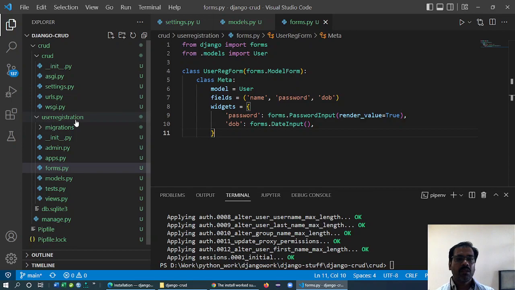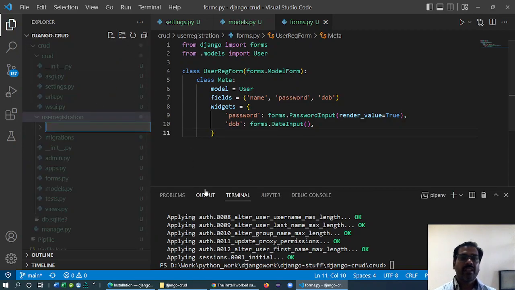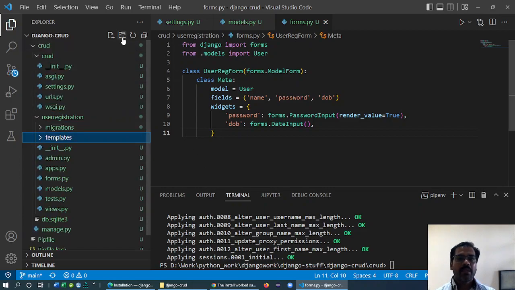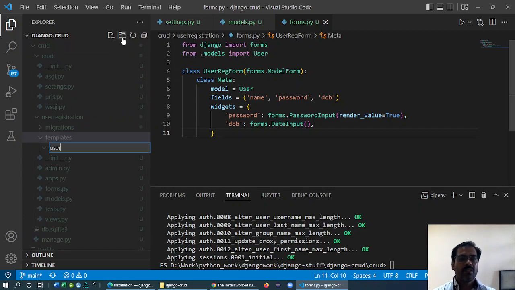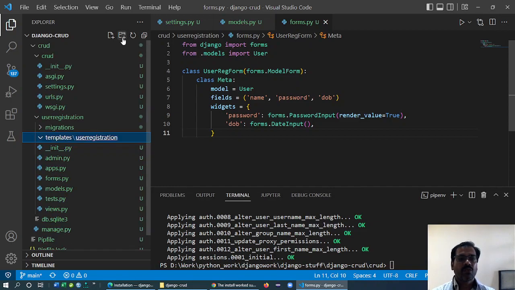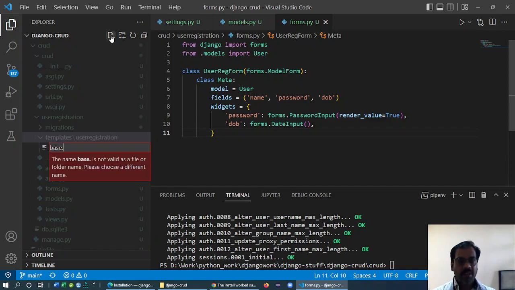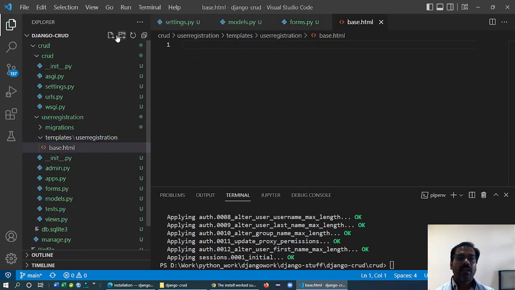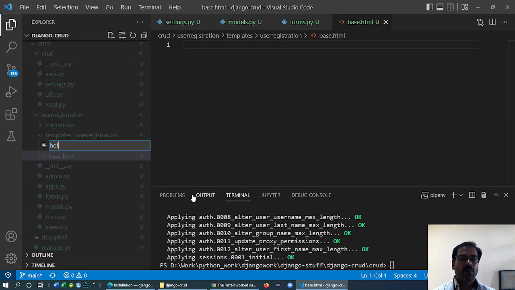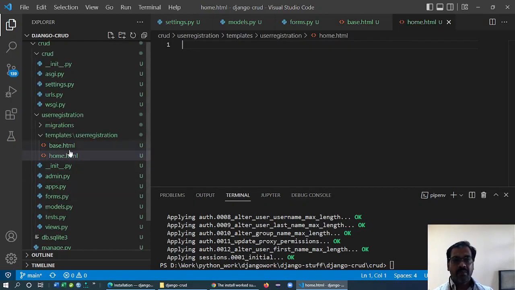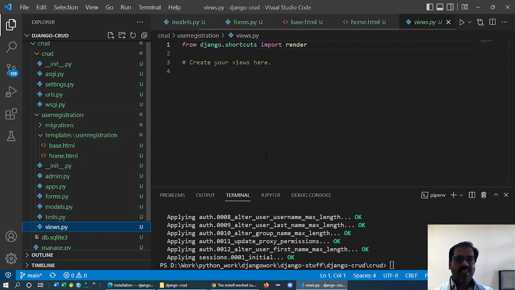Right now I'm going to user registration. I create a folder, I call it templates, and in templates I create one more folder, user registration. There I'm going to create my first one, base.html, and I will also create one more template, home.html. Now these templates must be handled through the views and URLs. URLs I'll come back to. First let me create the views, and